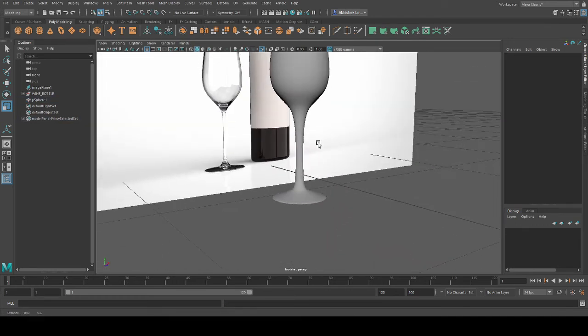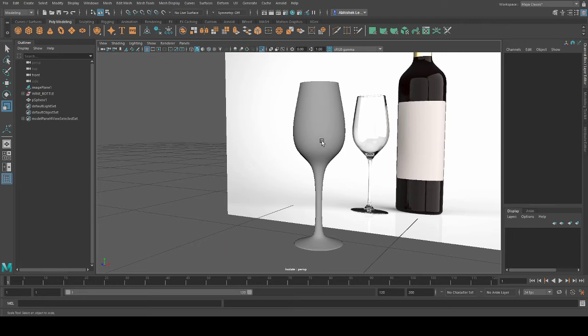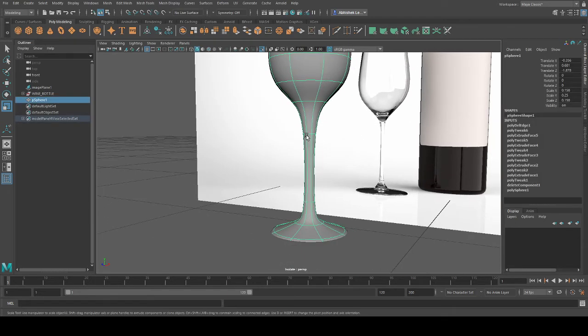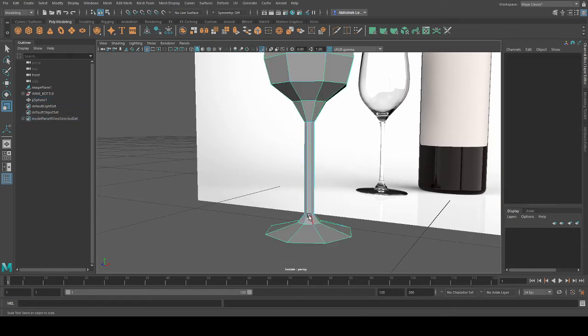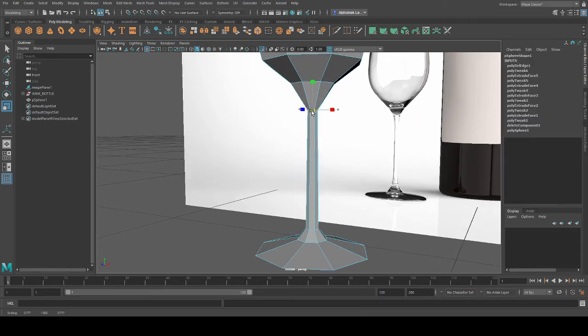Perfect. Done. This is up to you. If you want to make it thinner, you can make it thinner. You can edit it afterwards also. This is a low poly mesh, so you can edit it however you want. If there were more edges over here, you would have to edit each and every edge, right? So here only 2 edges are there, so it is comparatively easier.